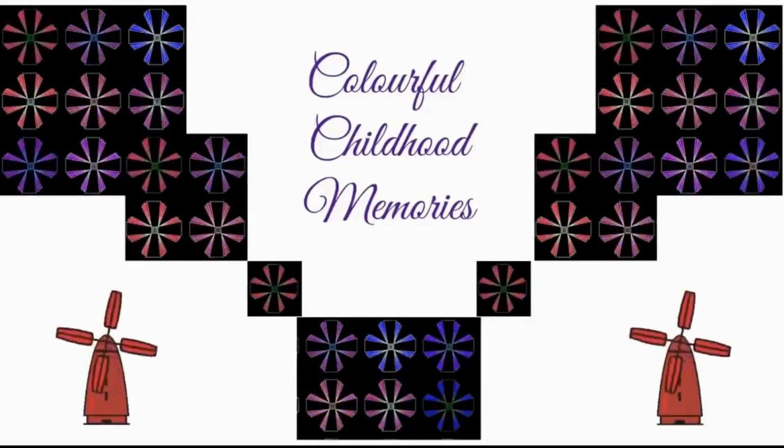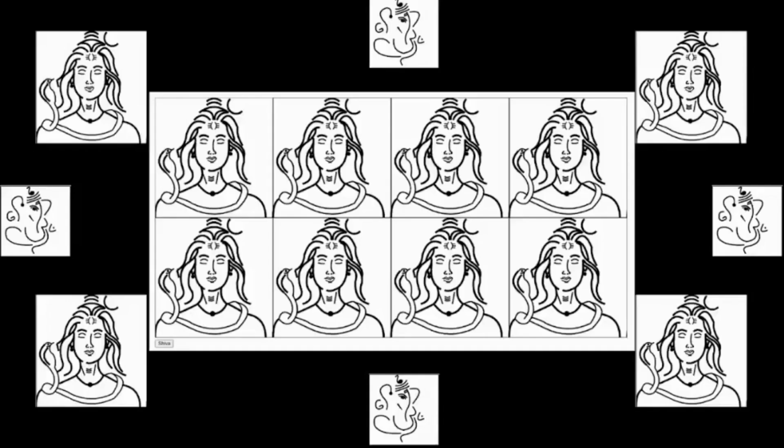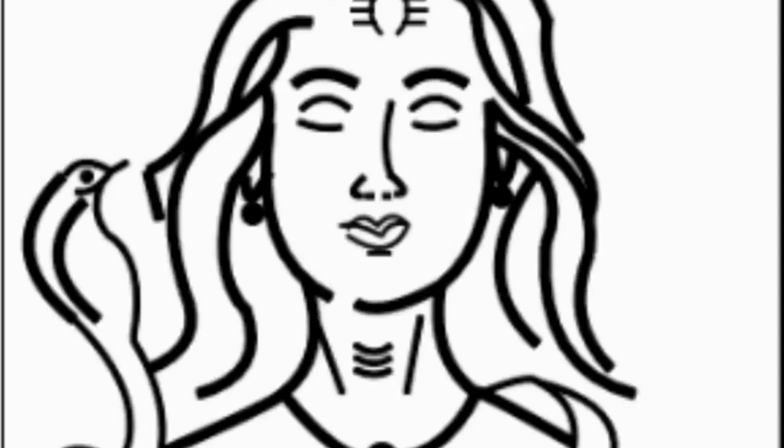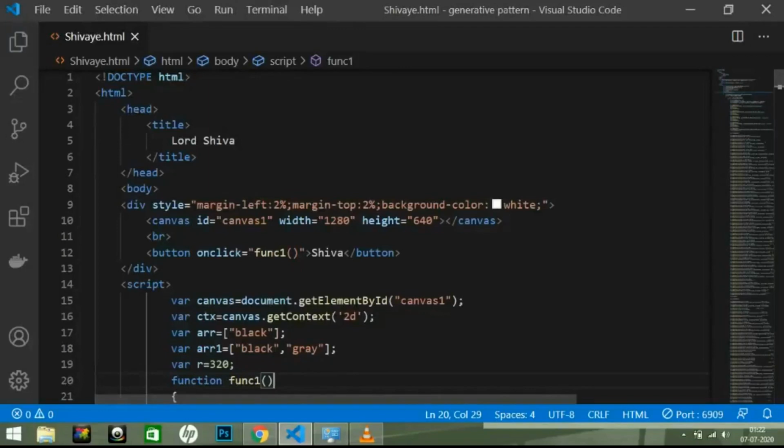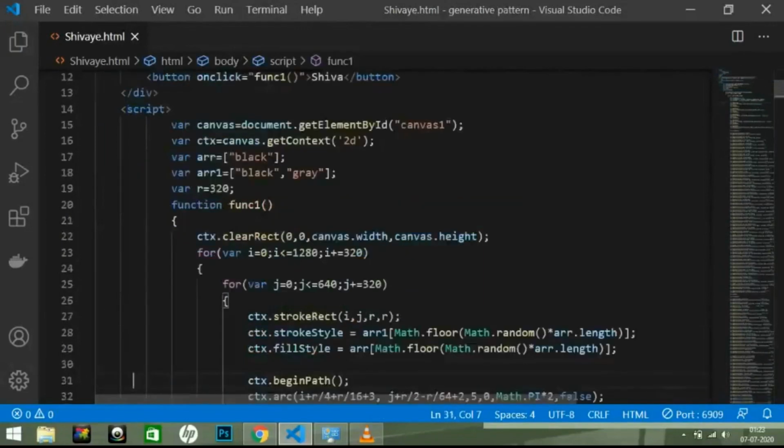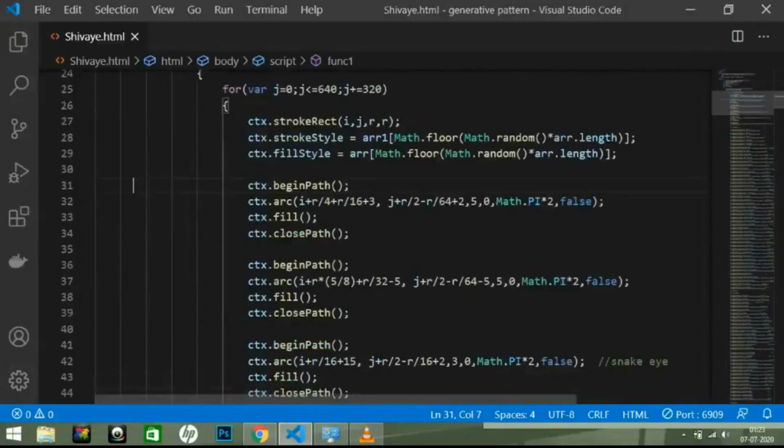According to the Hindu calendar, Savan month is considered to be the month of Lord Shiva. So let's generate Shiva via code this Savan. And here is the image that I am going to build today. And the code for that is here. Hey friends, don't be afraid of the code length, as it is a bit longer but not difficult to understand.